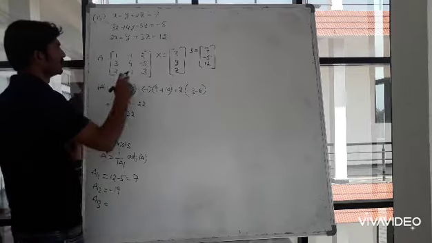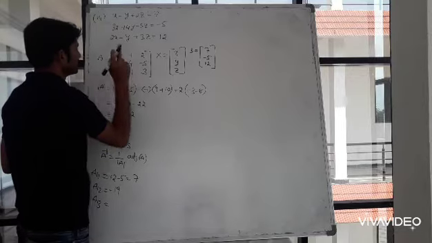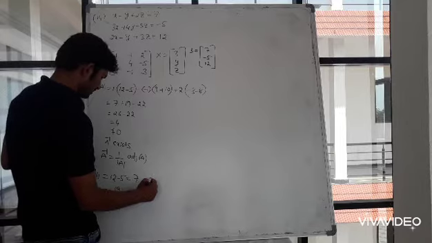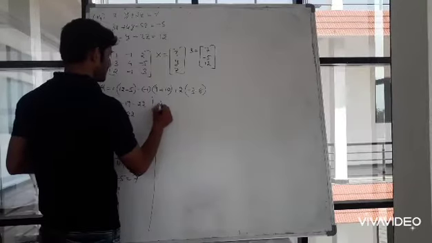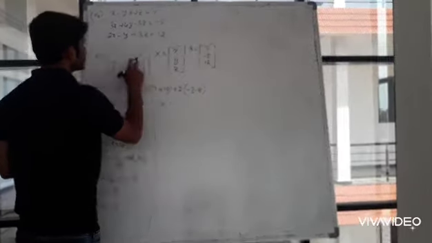A13 is equal to, leave this column and row. Positive will come because even, it is minus 3 minus 8, minus 11. Then A21, leave this row and column. Here 2 plus 1 is odd number, so minus 5 to row. Minus 3, minus of minus 2 means plus 2. So which is equal to minus 3 plus 2, minus 1.